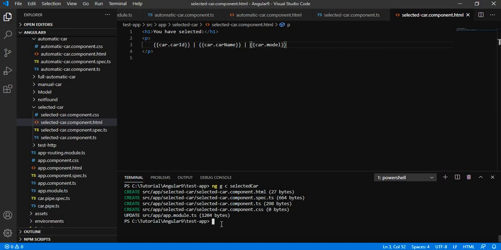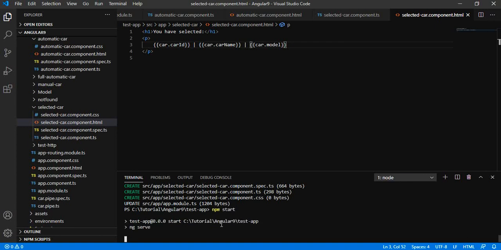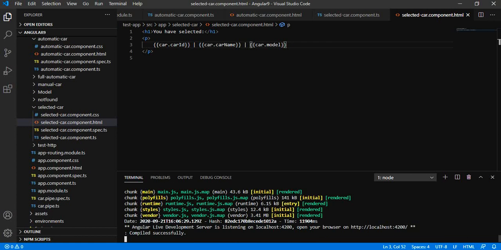Let us see what we have achieved. Let us open this in browser.